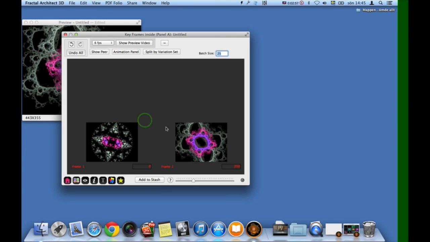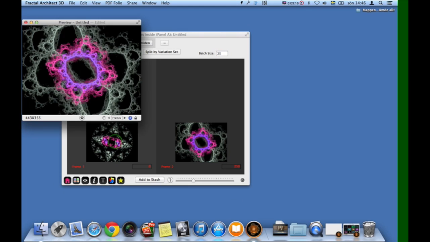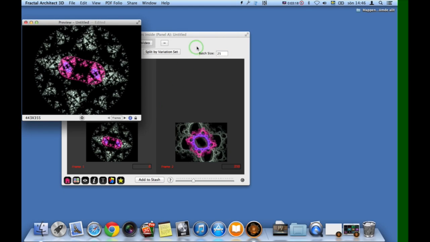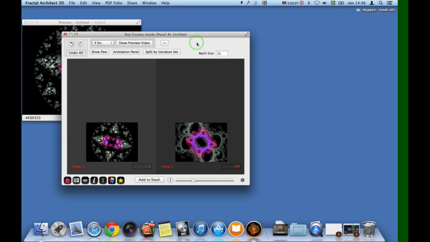If you look at the frames here now, you can see that you have the first frame and the second frame that was the same as the first frame, but we have edited in the triangle editor. Let's make this first frame the active frame again. It's not necessary to do that, but I like to see where I start, where I go from. And now I go to the animation panel here,